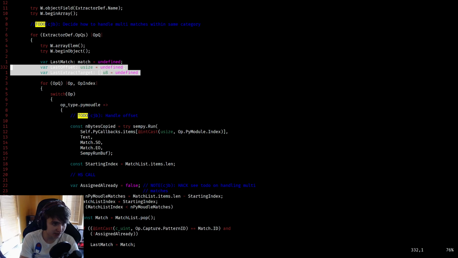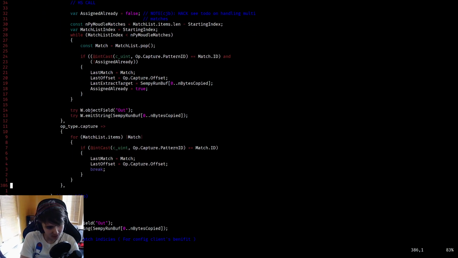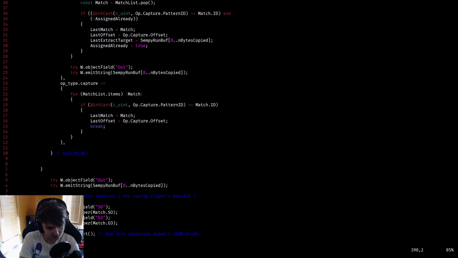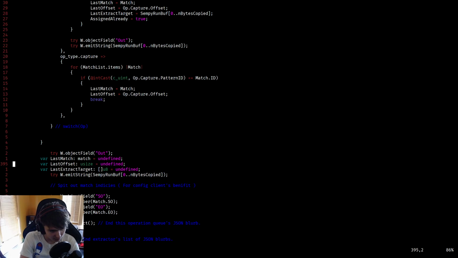I am emitting last extract target from last match, plus an offset. So this doesn't become some pi run buff anymore. This is last extraction target. We're emitting last extraction target